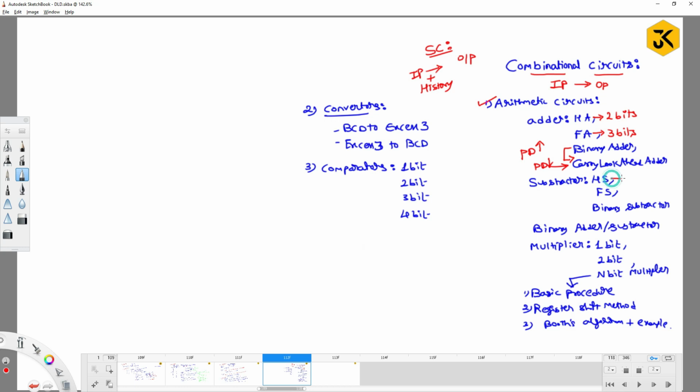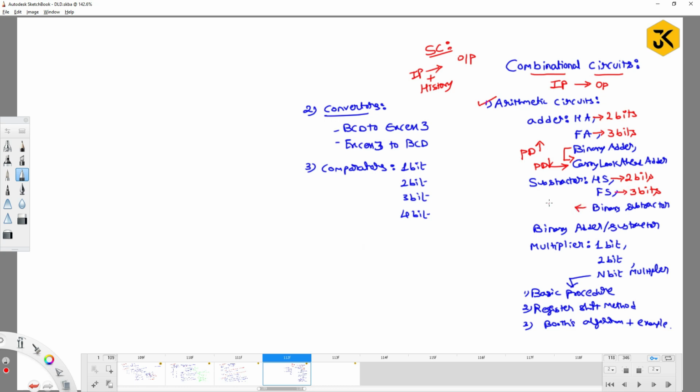Among those, half subtractor is there, which is meant to subtract one bit from the other bit. Full subtractor, which is meant to subtract with 3 bits. Binary subtractor, which is meant to perform n bit subtraction, right? So if you observe binary subtractor, can we do